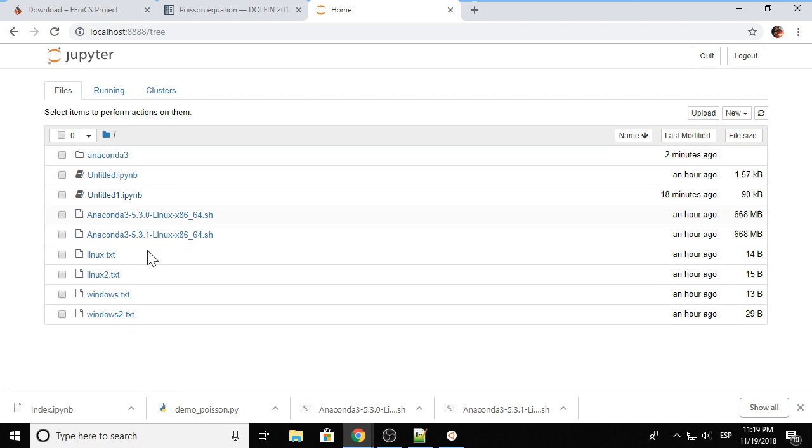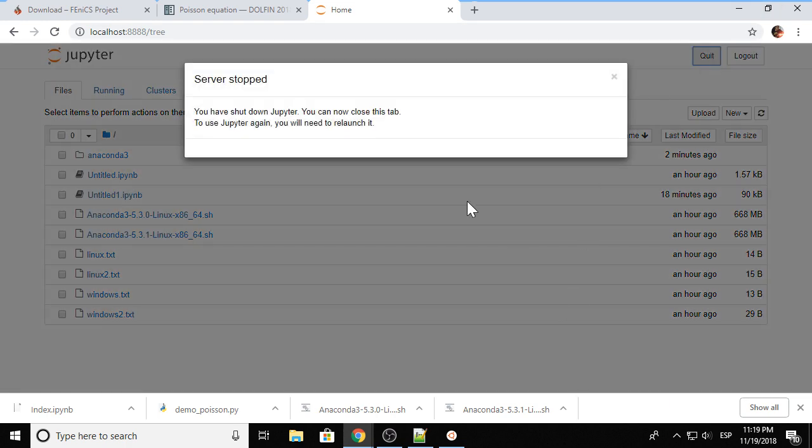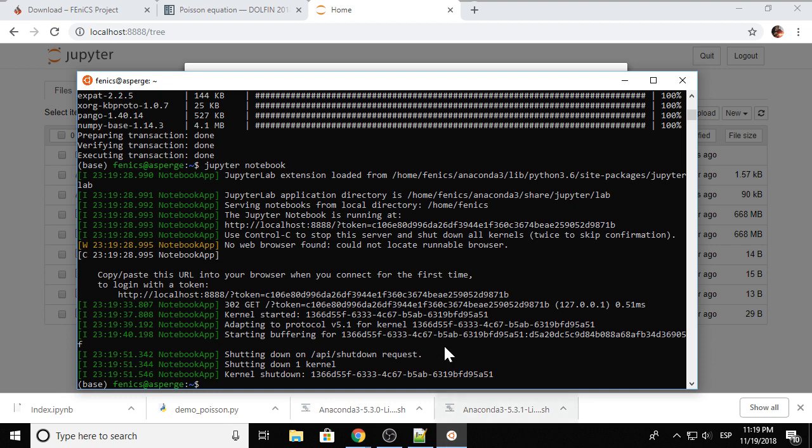I cannot access any file of Windows here, so in order for this to be easier, I'm going to change the starting directory. I'm going to go to jupyter lab --generate-config,